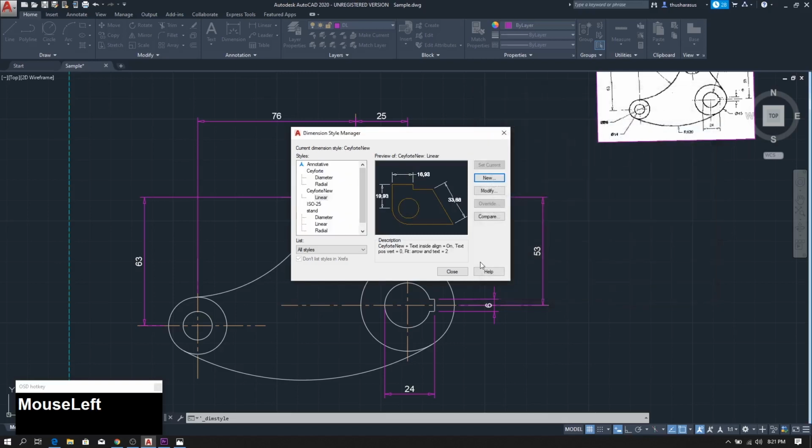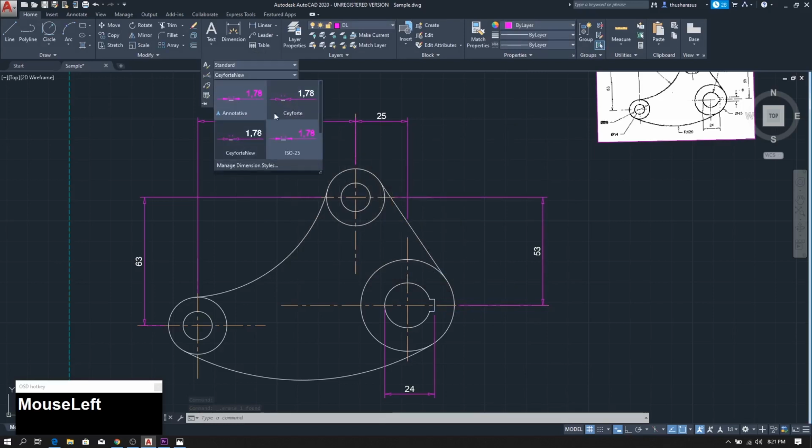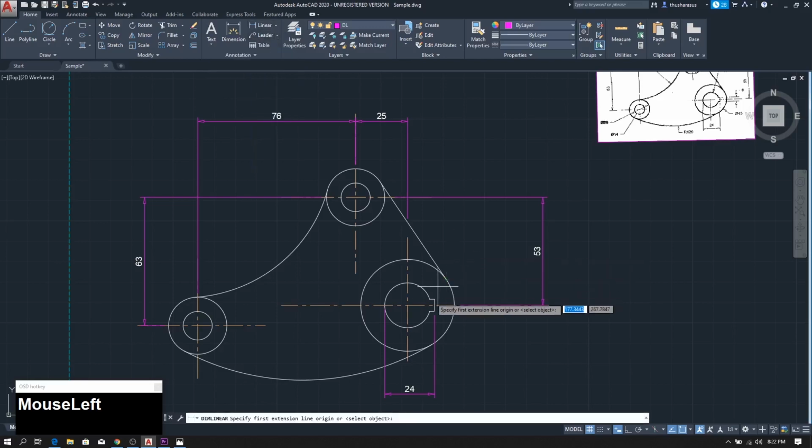Let's see what happened. Let's close our linear Ceyforte. Under the Ceyforte new we have our linear style, and let's close. Let's delete this also. And here now we can change our styles. You can change Ceyforte, and again you can change to Ceyforte new. Okay, now I'm going to draw with Ceyforte new. Select here Ceyforte new and then go to linear, and then again